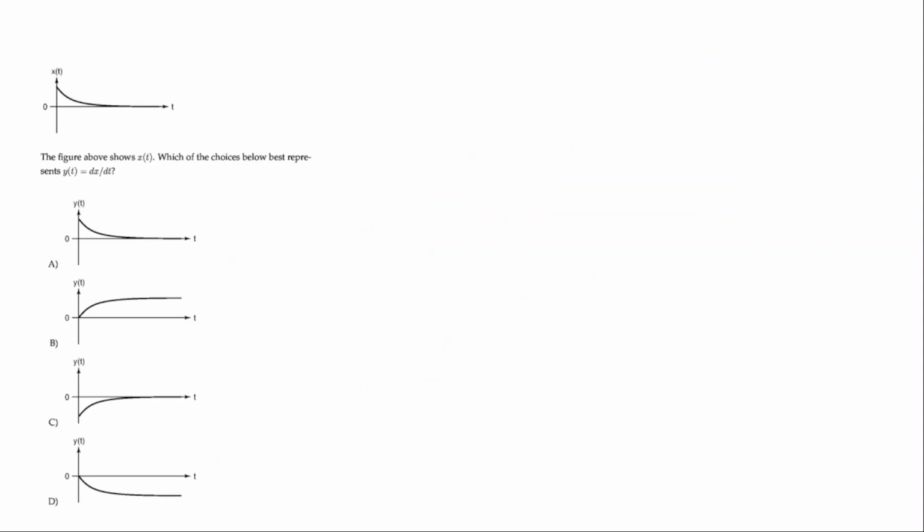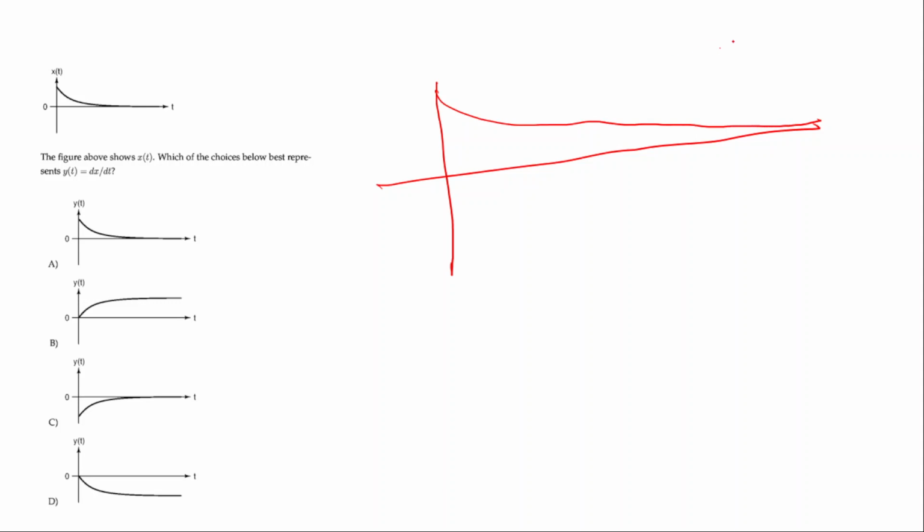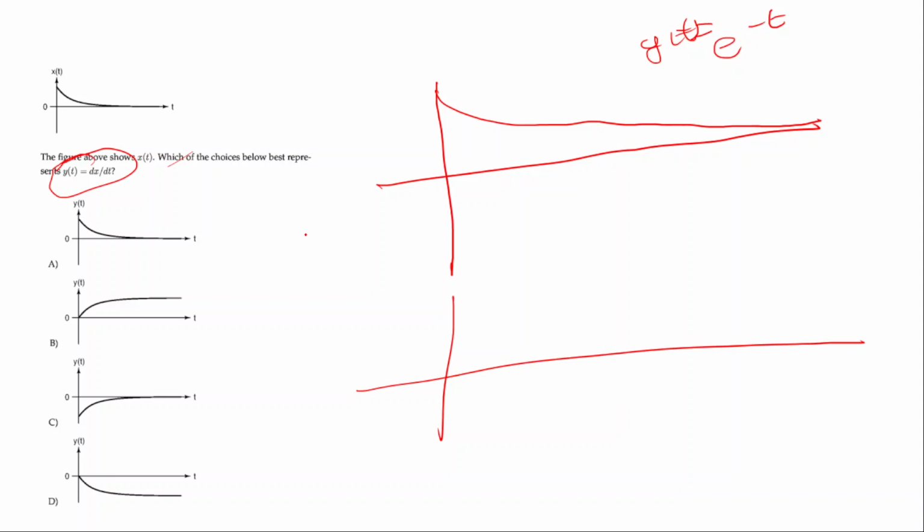Okay, so let's move to a little bit different problem. Okay, so this is similar to our exponential of minus t kind of curve. So y of t equals exponential of minus t. So let's not worry about that. What is the behavior? Let's analyze with our method. So now we need to calculate the plot of dx by dt for this curve.